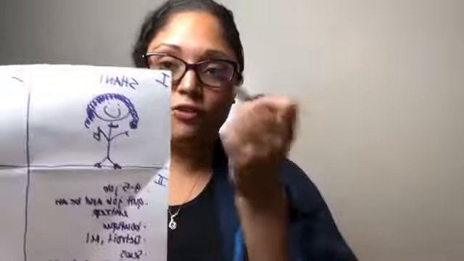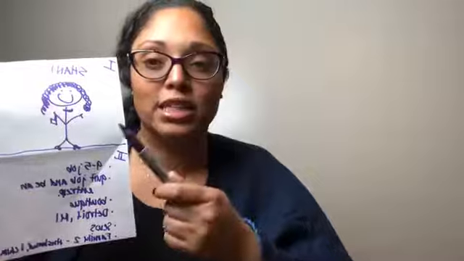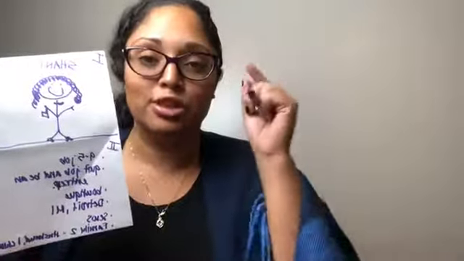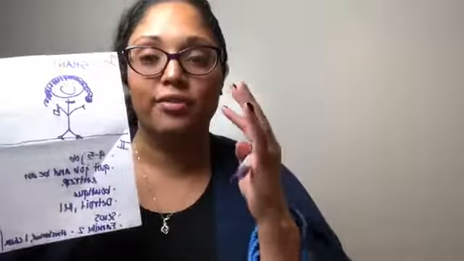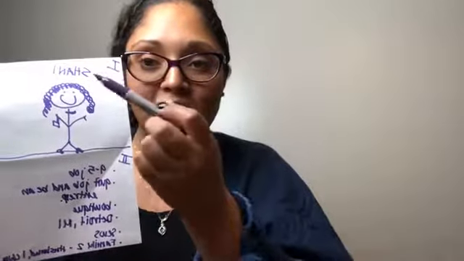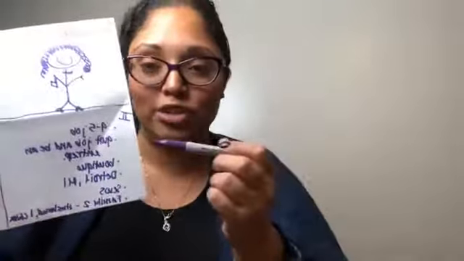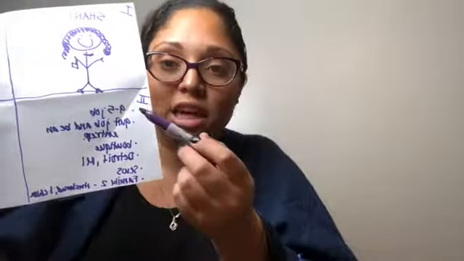So again, we're building personas today. So we're literally taking the first quadrant, you drew a picture of your persona. So the person, your best customer, the ideal person, the person you see in your mind that would love your services, that just couldn't get enough of what you're trying to produce. So draw a picture of them, give them a name. First quadrant. Second quadrant, tell me about the person. So I think it's backwards. You guys can tell me if the lettering is backwards, sorry. So like, just tell me about her.